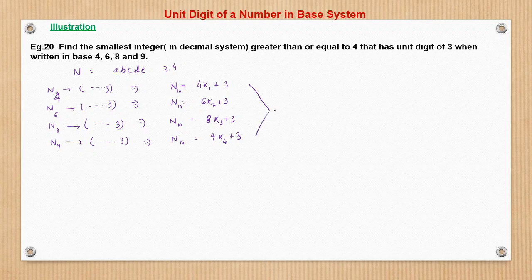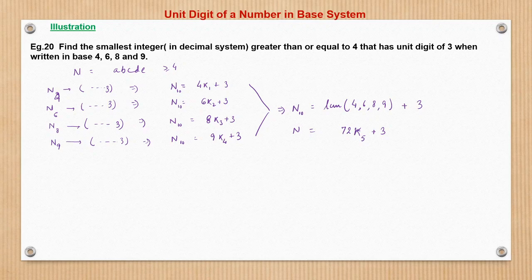So this is a very familiar form. We have seen this extensively in the discussion on LCM and HCF. If this is the form, we can directly say n is of the form LCM of 4, 6, 8, 9 plus 3, right? I need not dwell much upon this. So LCM of 4, 6, 8, 9 is 72. So it is 72 times some multiple k5 plus 3. This is the general form of n, such that all these equations are satisfied.